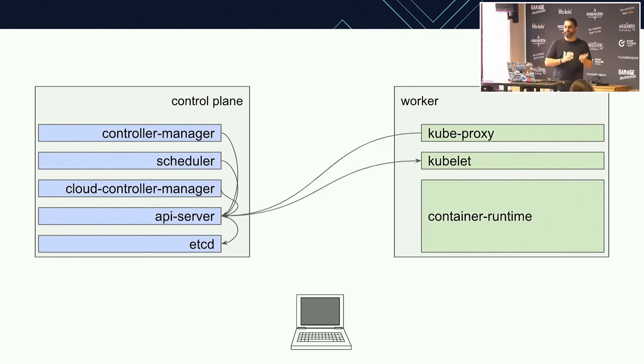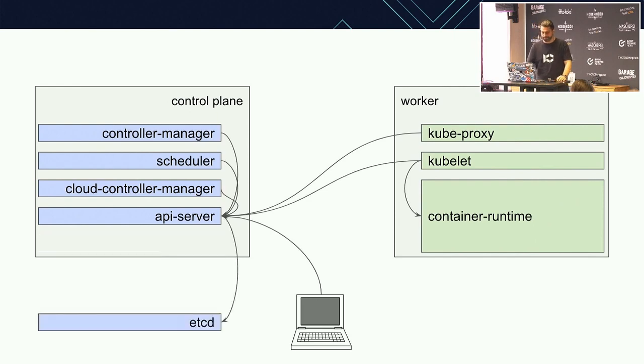Also, the API server communicates with kube-proxy and kubelet on the worker nodes, and kubelet communicates with the container runtime to make sure the containers are running, or to get the logs or other information about your containers or pods. And as the user, developer, or admin, you are directly communicating with the API server. etcd is not part of the Kubernetes project. It's a separate database. By default, everyone deploys it on the control plane side, but it can also be deployed externally.